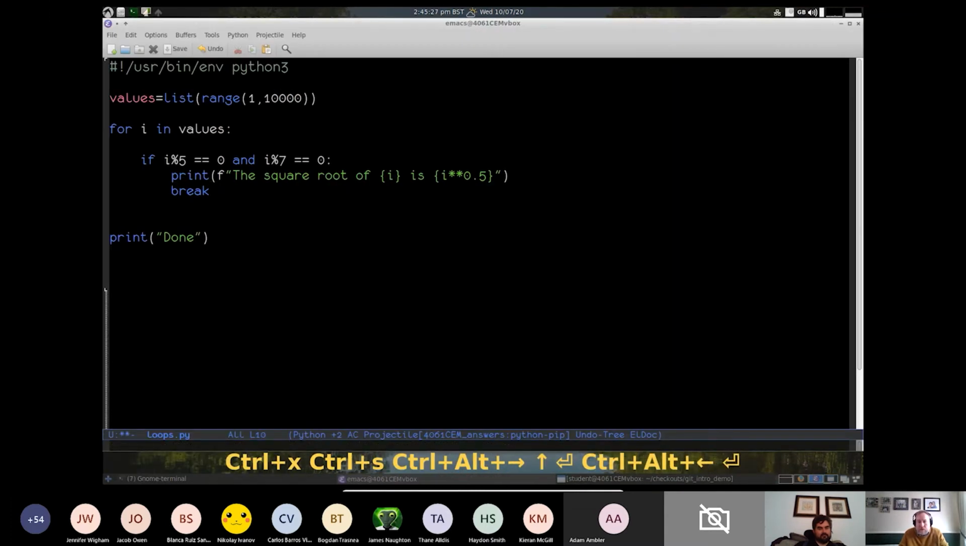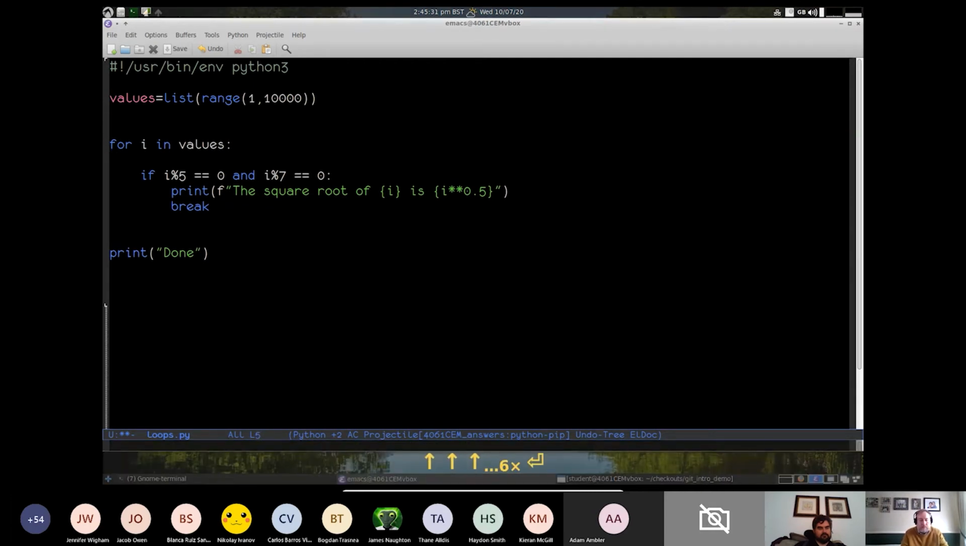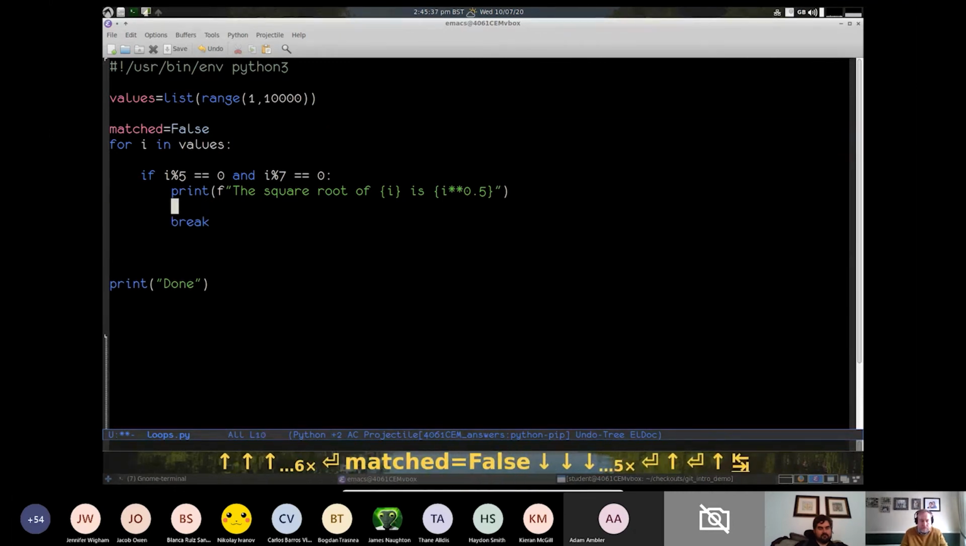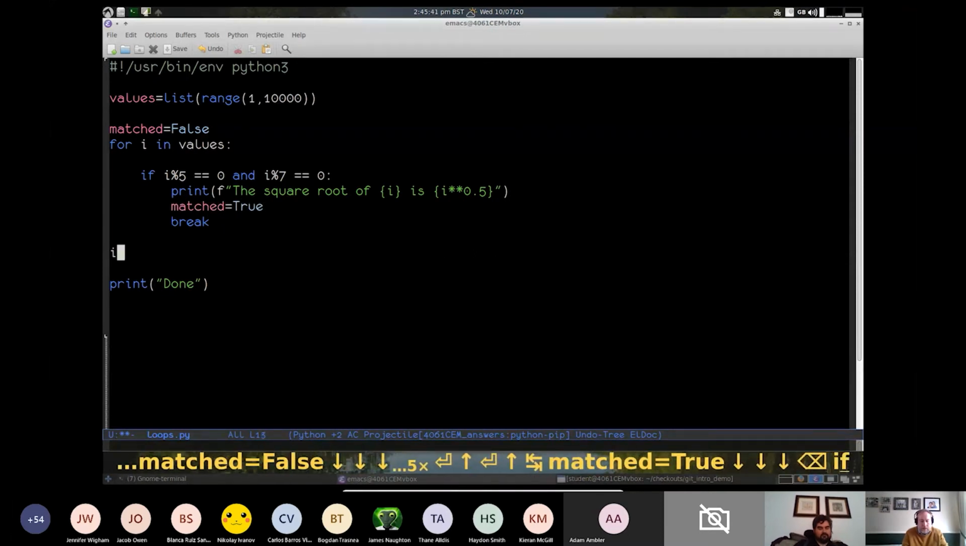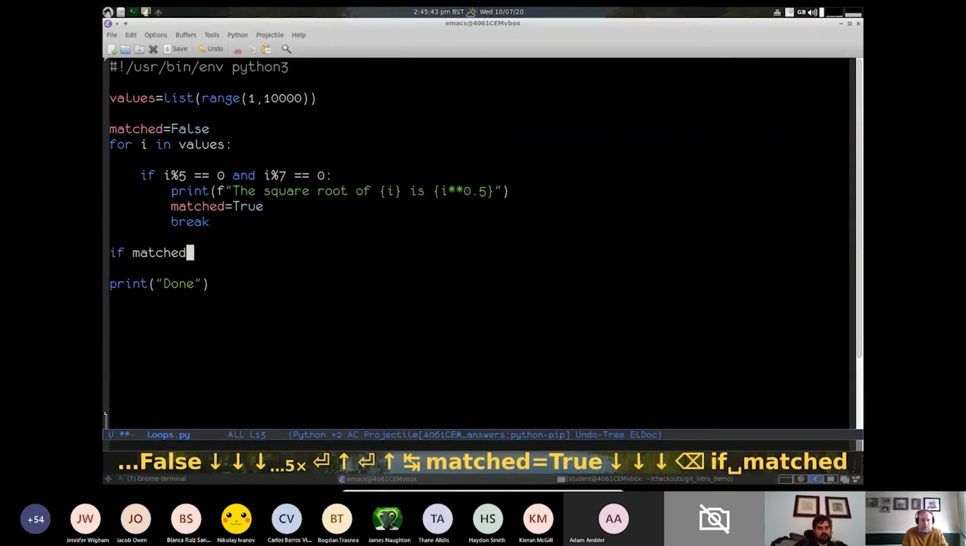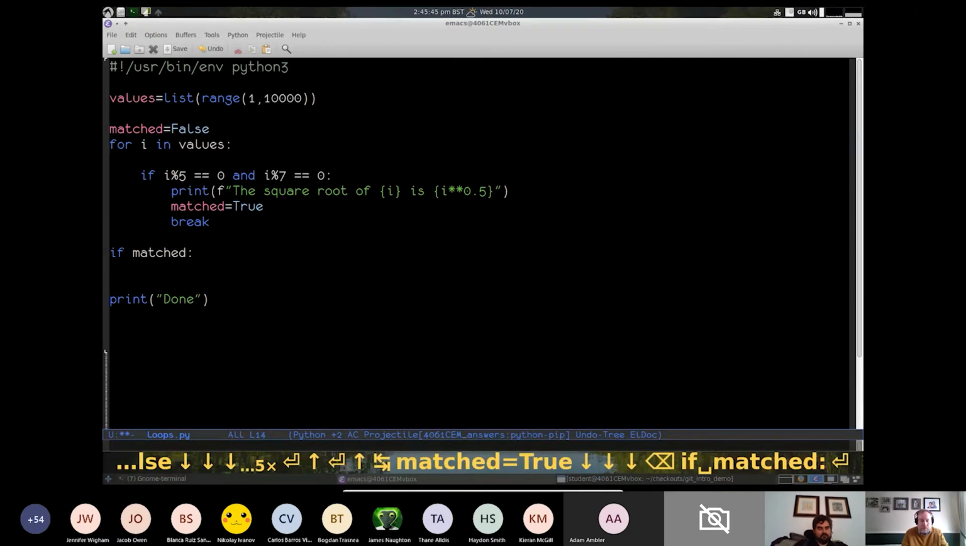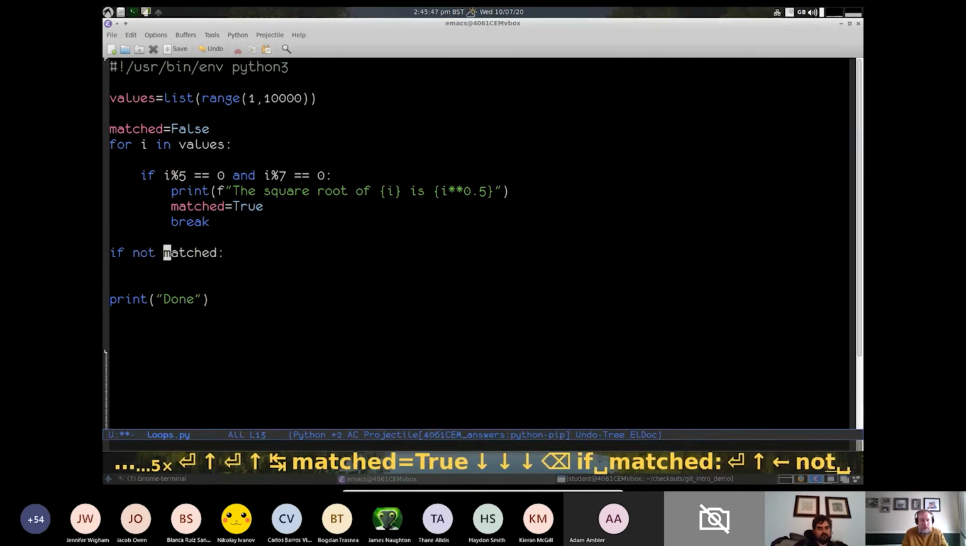What if there weren't any? What if none of them matched? The way you do this quite often in other languages, you'd say something like match is equal to false, and then here you'd put match is equal to true, and then you say if matched, so if it's true, do this, or if not matched,